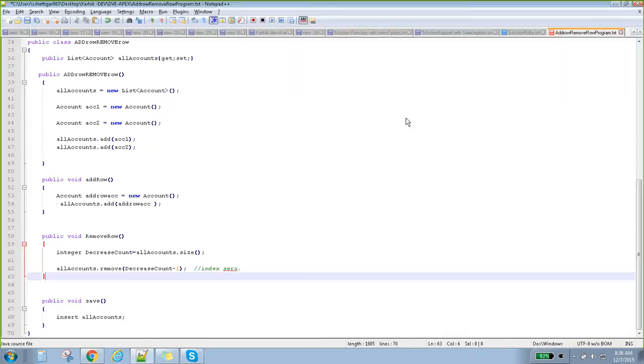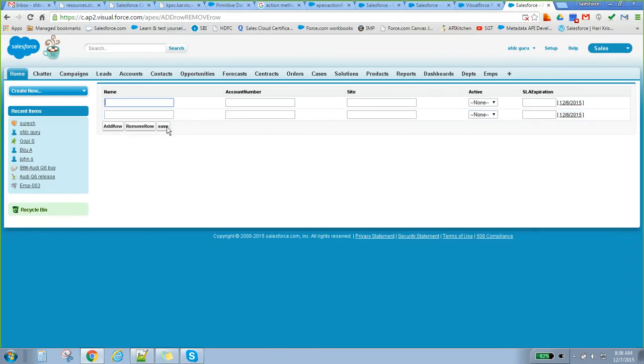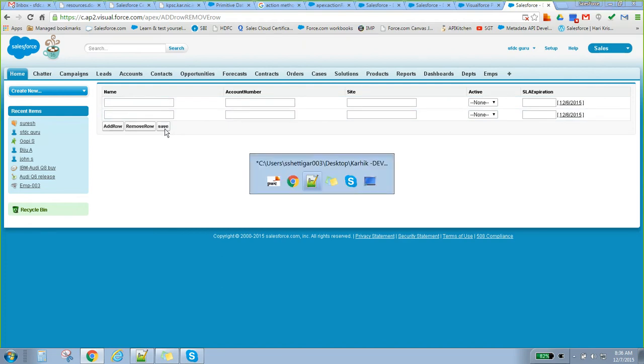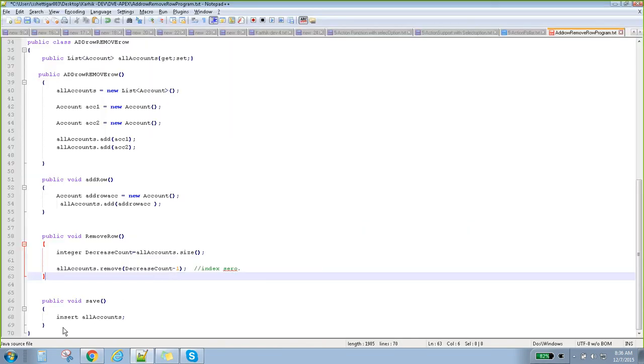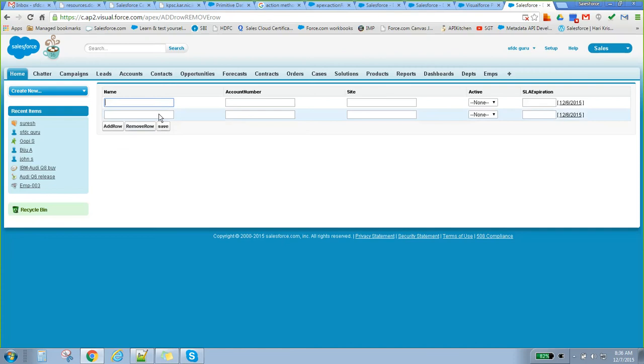There is one more button called Save. All the data entered here is automatically bound to that particular account object, and whenever we click on Save, the data will be saved into the database. Let's say test add row 1 and test add row 2.